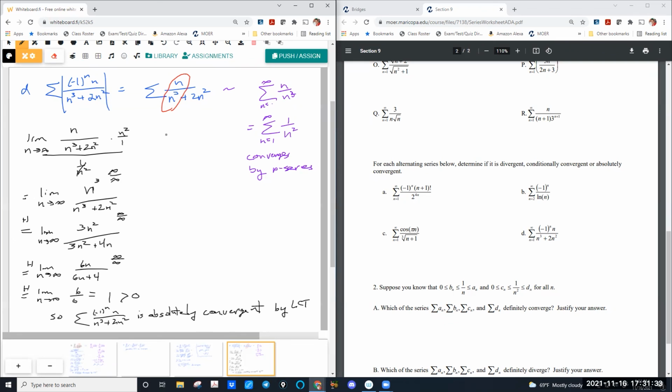And we could say the absolute value test, but what we tested was the absolute value. So you don't really need to say the absolute value test, but I'll put it in there because we did use it. Because if the absolute value is convergent, we know that the original series is convergent, and it's absolutely convergent. So it's almost redundant to say it's absolutely convergent and the absolute value test. The big one is the limit comparison test.